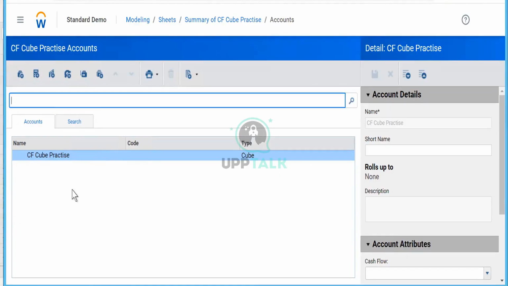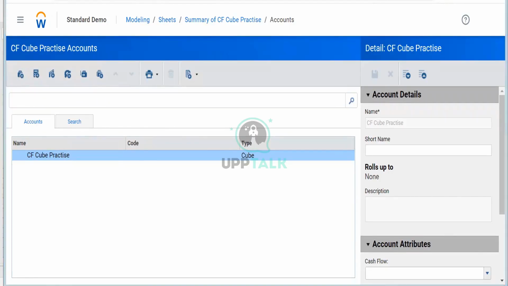But as of now, when you create a new Cube sheet, you should understand that a Cube sheet functions in a different way. You have to create a separate account here. You will get an option here: Cube standard account and Cube calculated account. This is how you create.